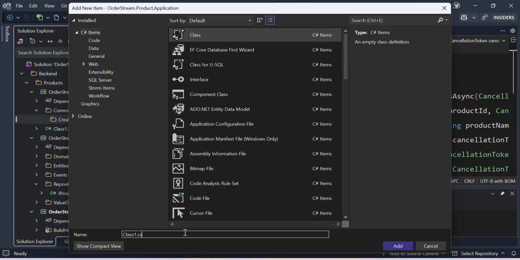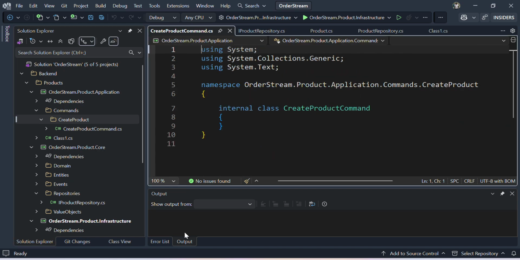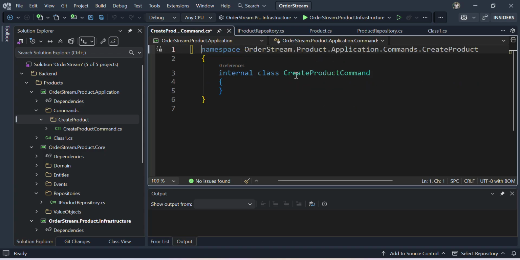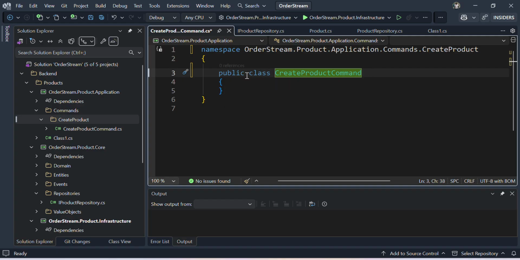Let's name it CreateProductCommand. Here we are. Let's go ahead and remove the unnecessary usings. We come here and change the internal to public. Let's also change the class to record